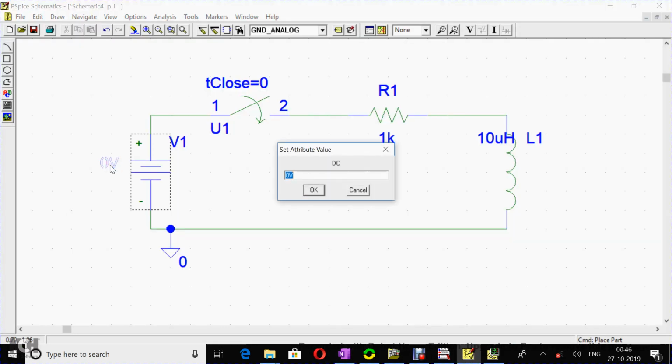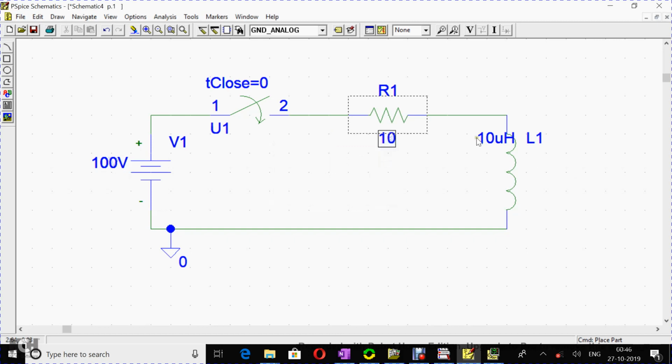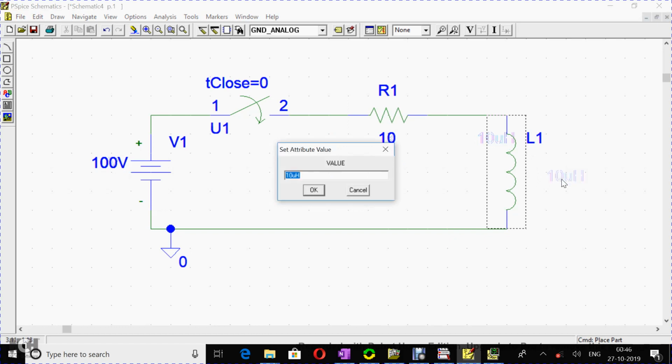So type 100 volt, then resistance 10 ohm, and inductance is, so let us move here, inductance is 1 henry. Okay,